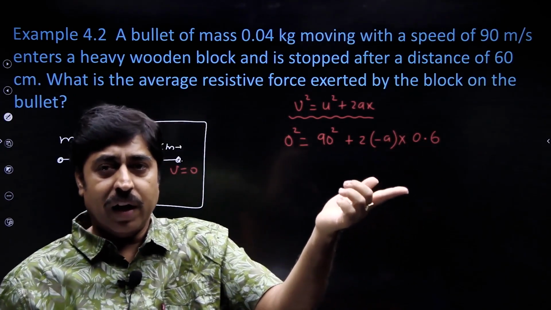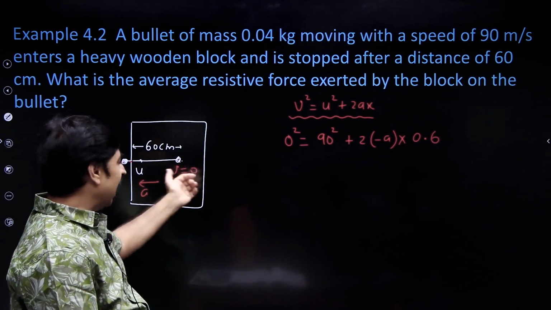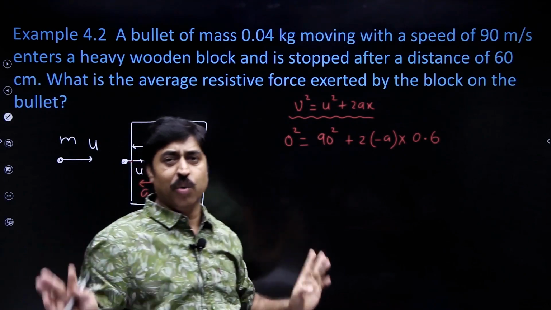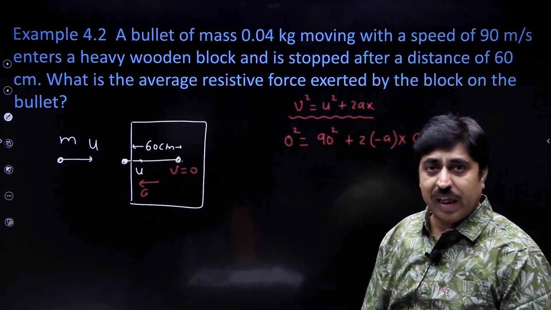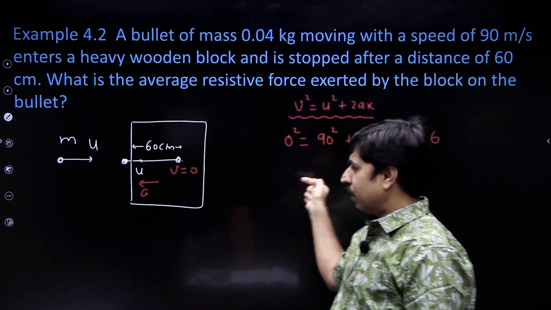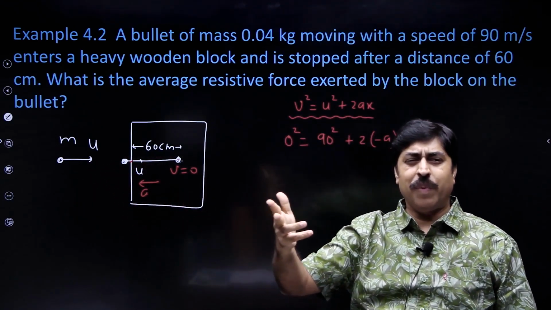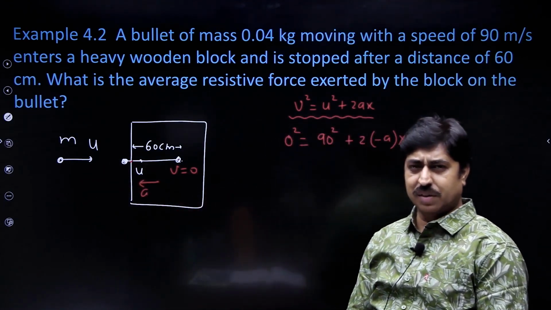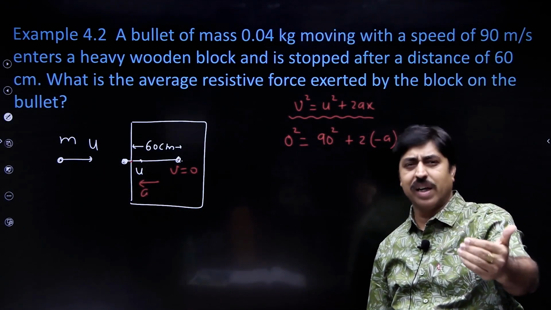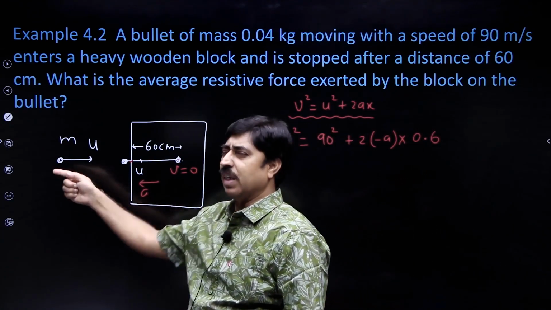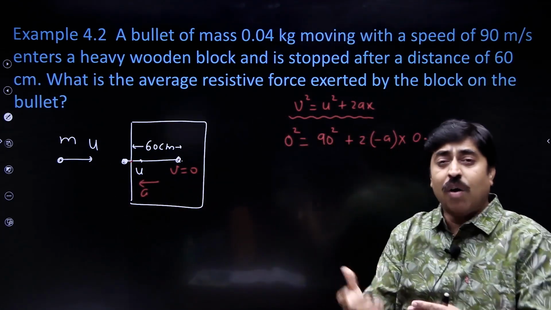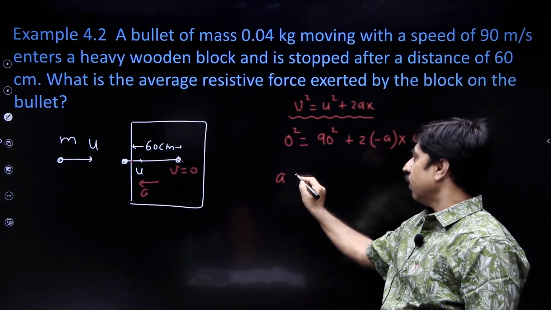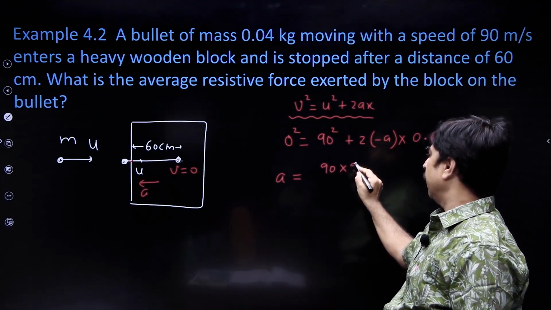If I recall correctly, your book does not assign any direction to a, and therefore they will get a negative value of a. I am not going to get a negative value of a because I have already understood that acceleration is in this direction. Now, it makes no sense to get a negative value of a. Plus and minus signs are always used to indicate direction. When I have already considered this acceleration to be negative, the value of a is not going to be negative again. It will be a positive number. So, simplifying this, this gives me